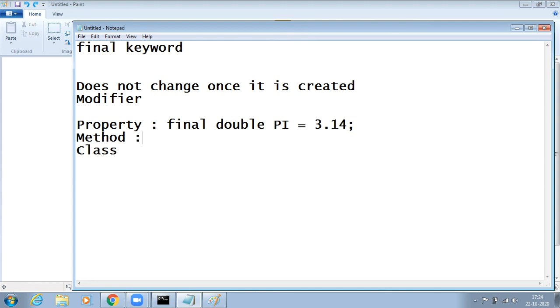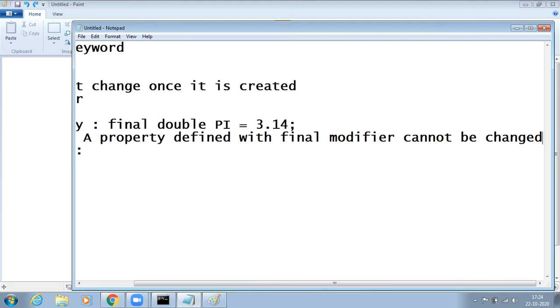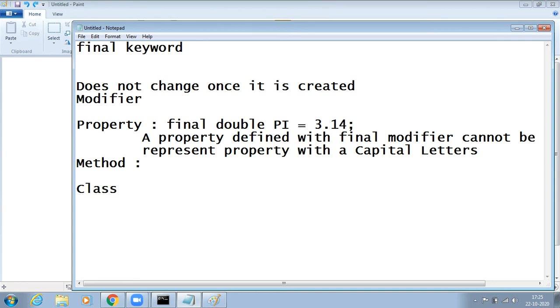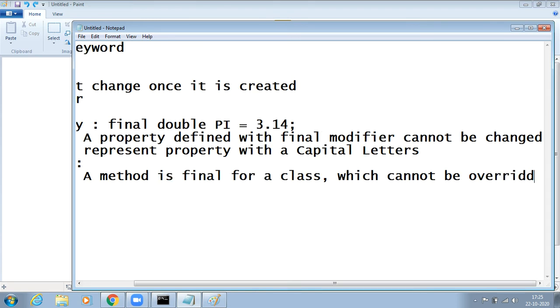What is the definition of a property? A property defined with the final modifier cannot be changed, and always represent it with capital letters. And coming to a method, a method that is final in a class cannot be overridden.